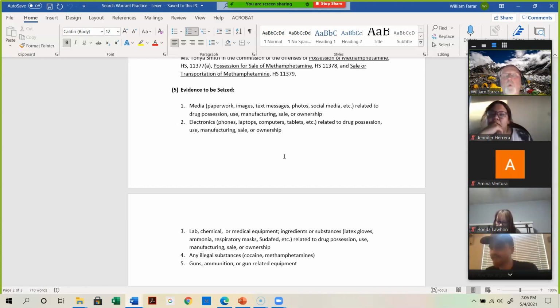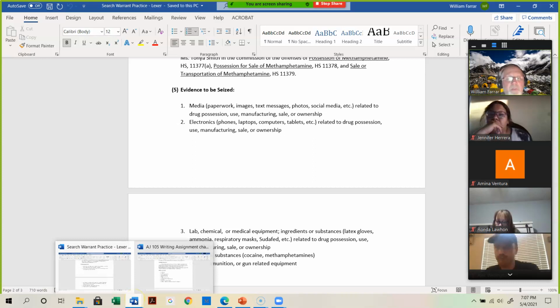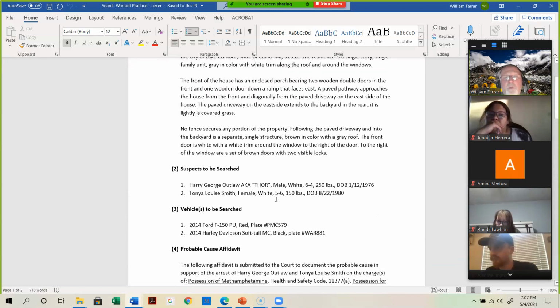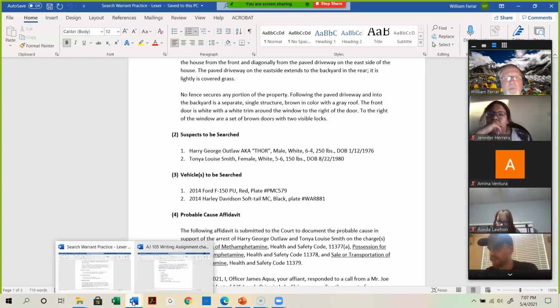A lot of the evidence to be seized, when you get into law enforcement and you write a warrant, a lot of that's a template. It's already built into the search warrant. So you don't have to come up with it, but there might be something that you want to add or take out. So this is just an example of how to put stuff in there, because it helps when you're trying to figure out, is there really enough? So your probable cause needs to be a little bit more than a couple of sentences,